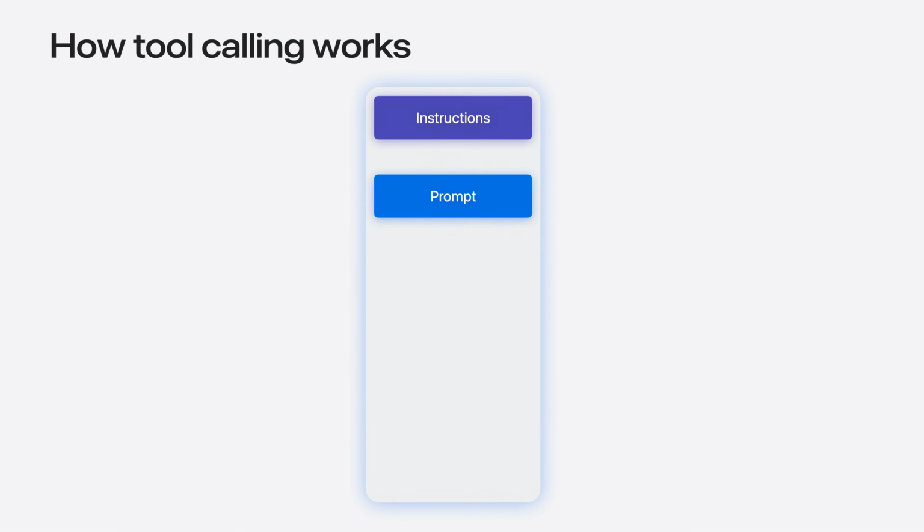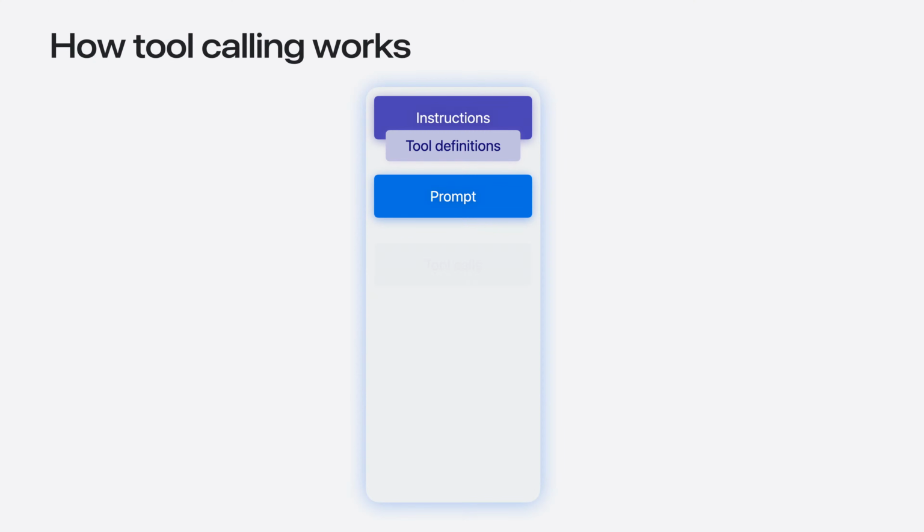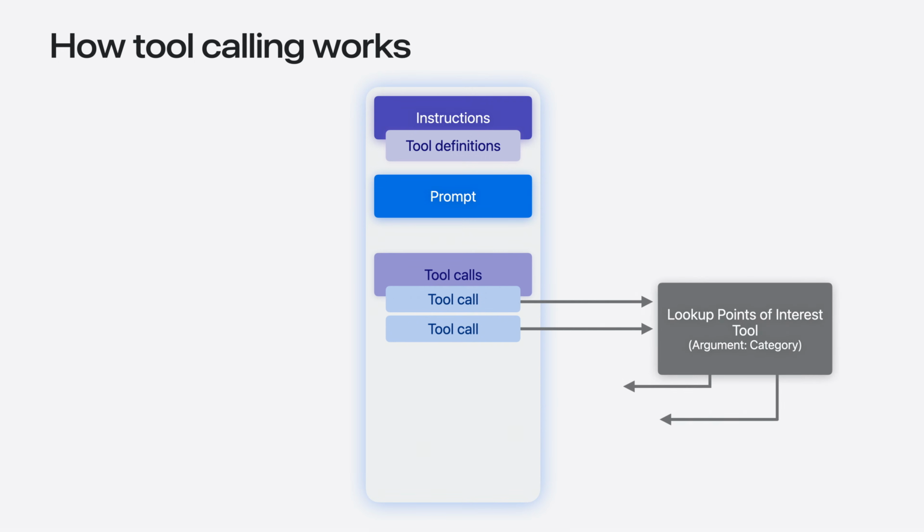We have a session transcript. If you provided tools to the session, it will present the tool definition to the model along with the instructions. In our example, the prompt tells the model which destination we want to visit. Now, if the model decides that calling a tool can enhance the response, it will produce one or more tool